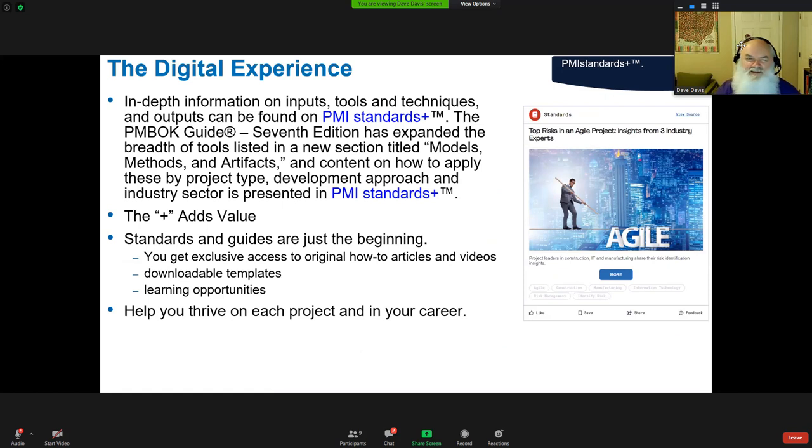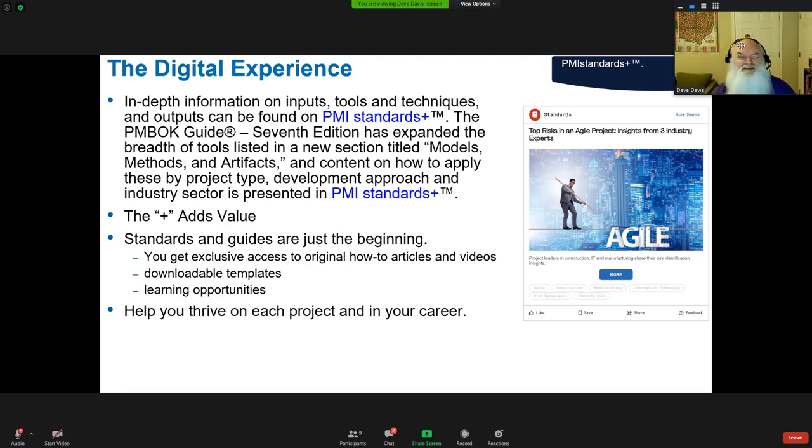Now let me get into the digital experience. And it's an initiative called Standards Plus. Full disclosure, I am part of the Standards Plus team, so I'm fairly familiar with what's happening here in Standards Plus. And it's going to be a combination of digitizing a lot of the information from past PMBOK guides, the knowledge areas, the inputs, outputs, tools, and techniques. They had good knowledge here. There were good things there, but we've maybe evolved past those a little bit.